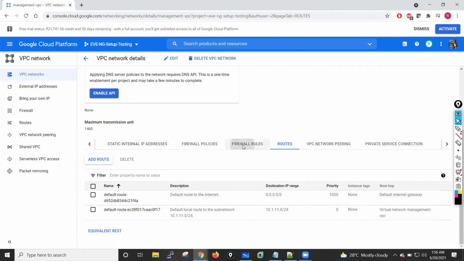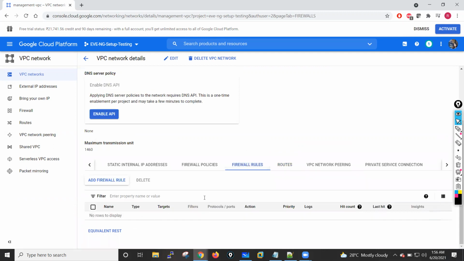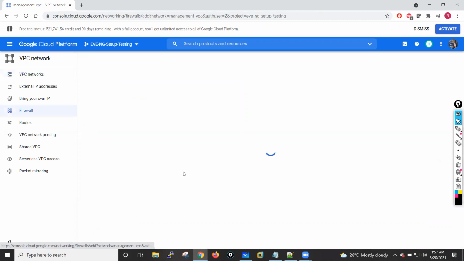Let me just see the firewall rules. So in this particular VPC, I don't have any firewall rules, right? So I will add these firewalls later, because I will also access my firewall from here. So I will basically add the rules at that time, or if I want to, let me just add the rules right now. Add the firewall rules,